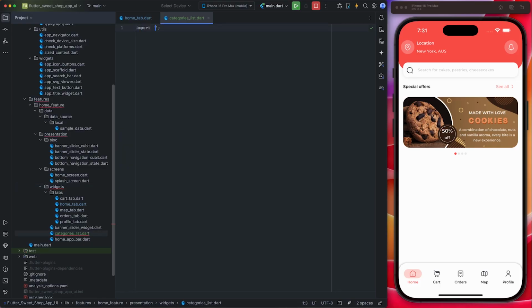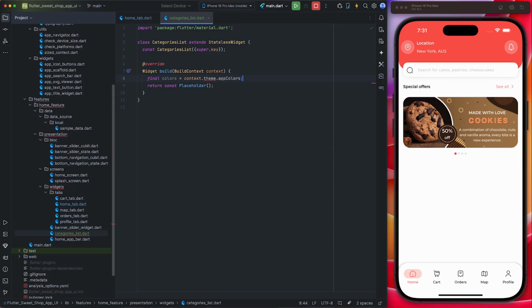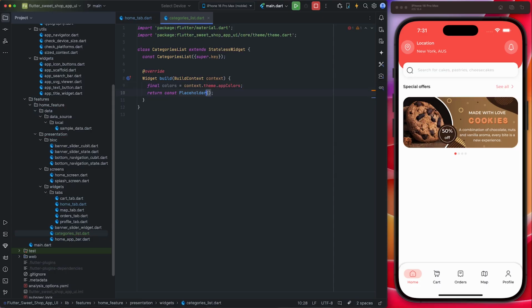Import the material package and create a stateless class. Inside build method, I call the project's color class, and then I place a size box widget, adjusting its height,